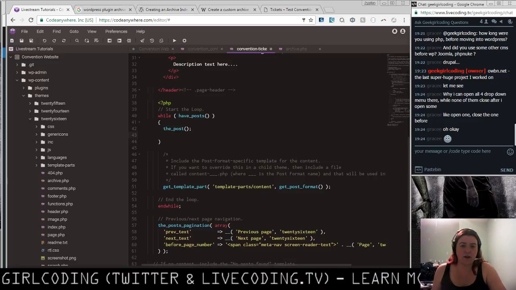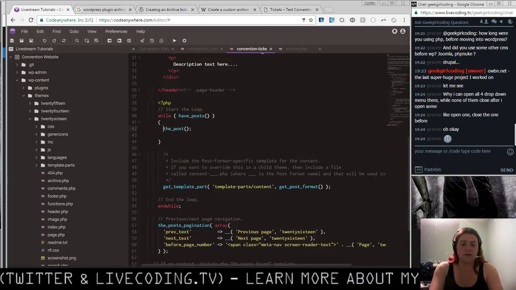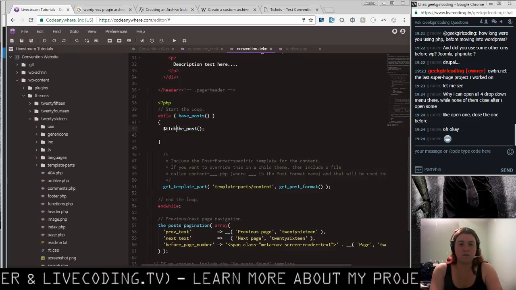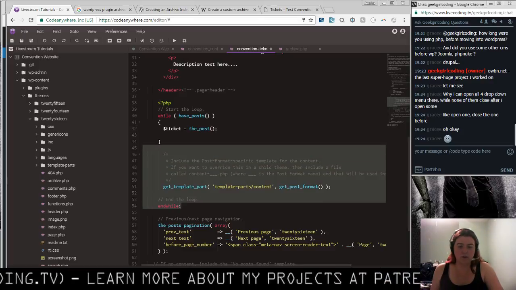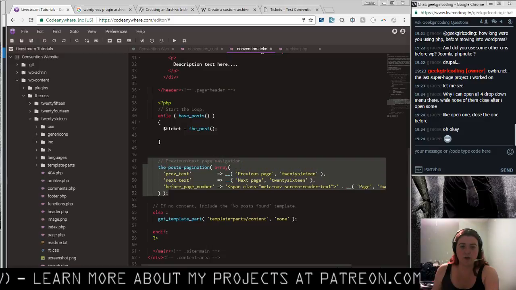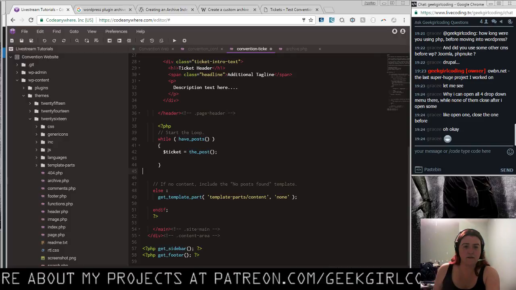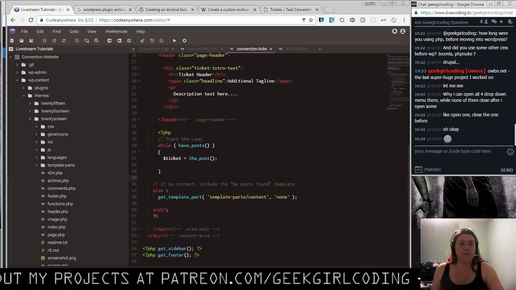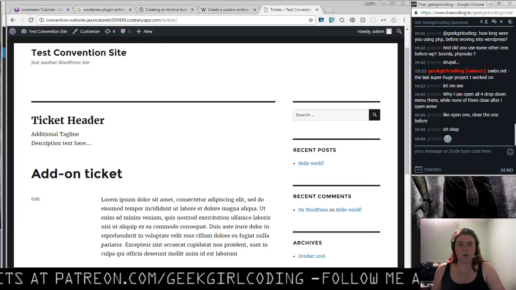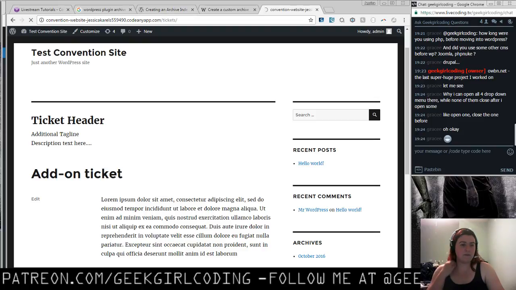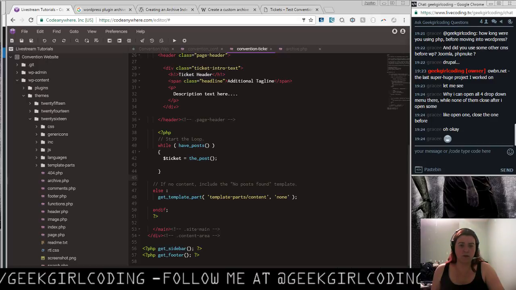Okay, so we're gonna go ahead, and what I'm gonna do here is ticket equals the post. And since we're doing that, we don't need this part. And actually, we don't need any previous next on this either. Okay, so if we go through all this, this should blanket out and I can start from scratch. Yep. All right, so what we'll then do is